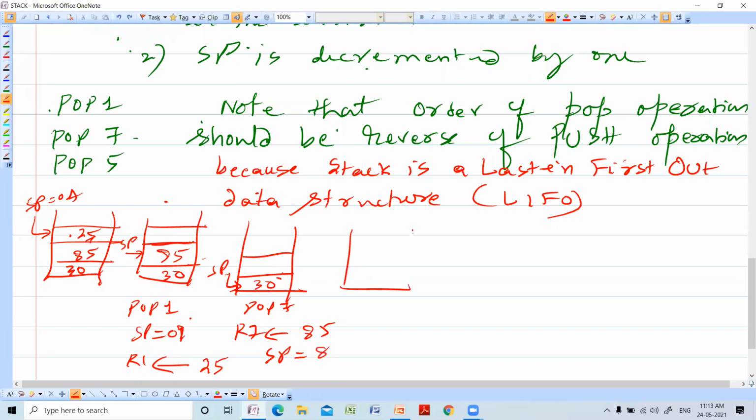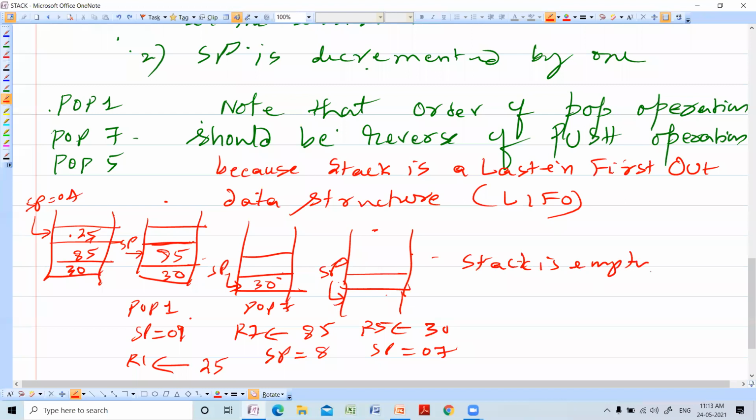Once again, if you execute pop 5, R5 will be copied with 30, and now SP is pointing to 07. So now the stack is empty.